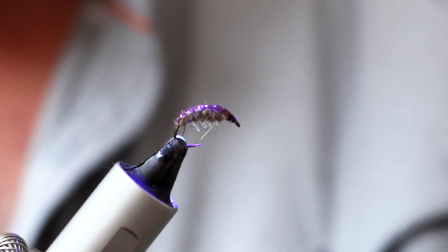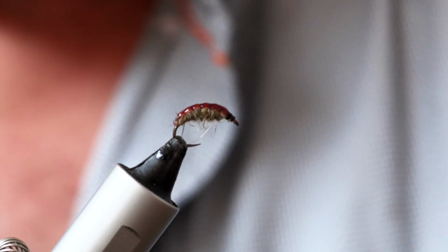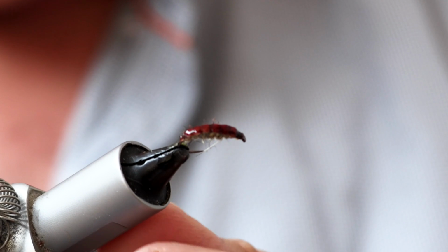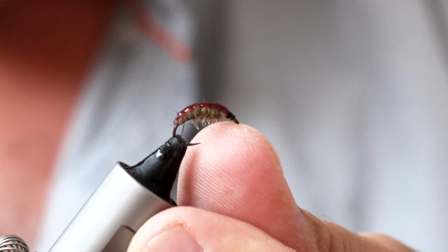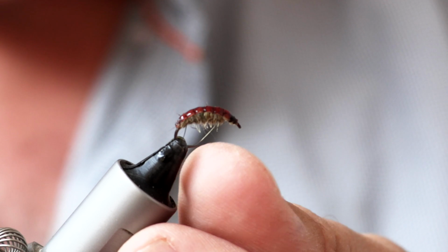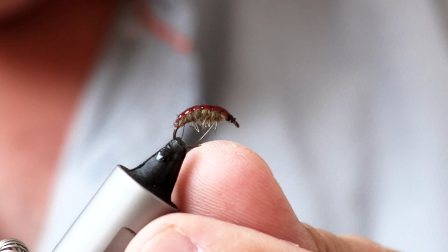One of the ways to fish this, of course, as it's on a dropper, it's a very good idea to sort of jig your cast as you're retrieving it on something like a French or Spanish leader, because these things are really darty. They whiz around all over the place, and if you ever get a sample and you start to see these things whizzing around in the tray, you can see how active they are. So, you know, don't be frightened to move the rod tip around a little bit and jig this around and